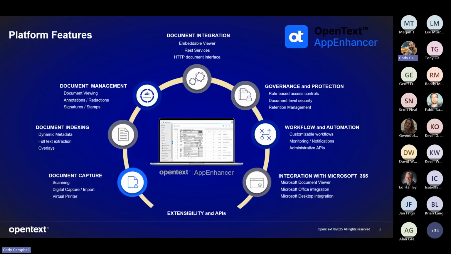And as we know, AppEnhancer is an enterprise content management system very specific around document management. And we provide a comprehensive set of features around capture, indexing, management and viewing and redacting, manipulation of documents. And then we get into integrations, which is really where we are very powerful in providing our viewer, providing our services, providing our interfaces to other third-party applications or partner-driven solutions so that we can build this into other products and leverage content management as a document management system for another system, maybe a departmental solution or a whole core competency product like a healthcare system.